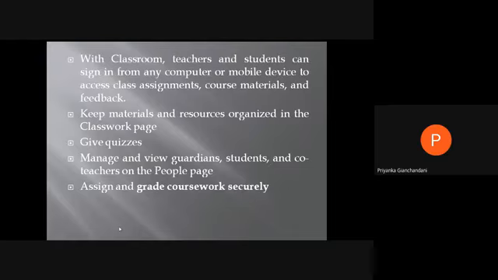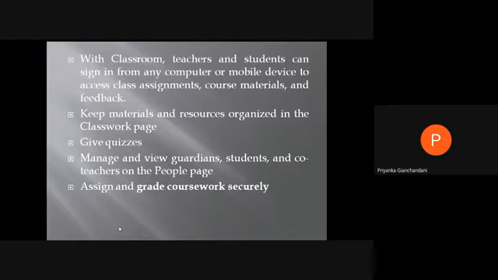Now there are two entities over here. One entity is teacher and another entity is student. Teacher is the creator of the Google class and student is the one who is accessing that particular class. Teachers can upload their assignments and grade those assignments, and as a student, I would be able to see the assignment which has been given to me. Then I can upload the assignment for my teacher and I will be able to see the grades which have been assigned to me by the teacher. Plus, if the teacher has shared any feedback regarding my assignment, that also can be shared with me.